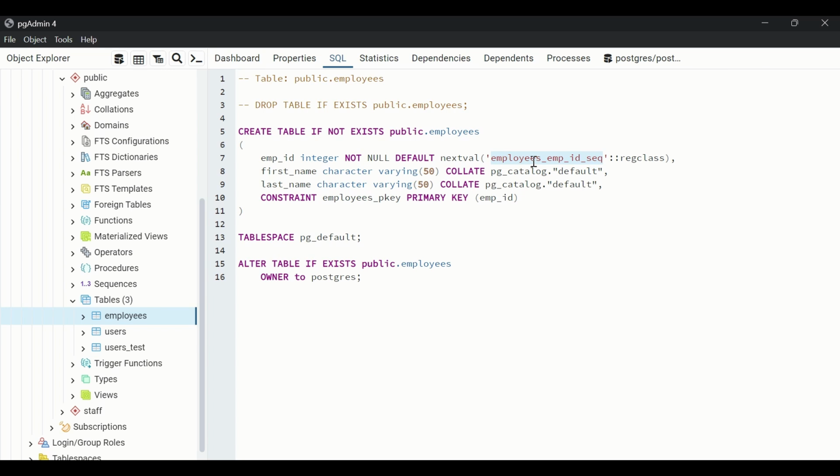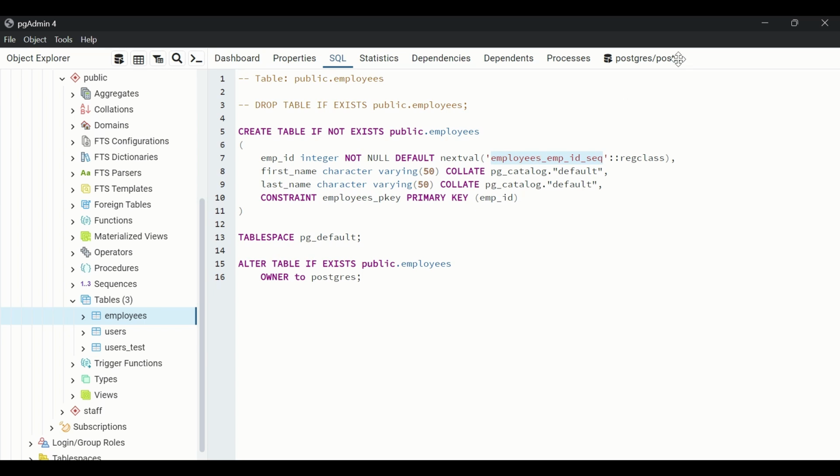Next, deleting rows and not resetting the sequence. Suppose you have 10 records and you have deleted 5 records. Now whenever you try to insert a new value, it will try to insert the 11th value, but ideally you should reset the sequence so that you can reuse those values which you have missed, that is from 6 to 10. Now before coming to the problem, let me insert some records in the table